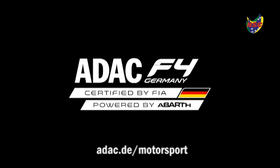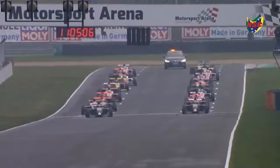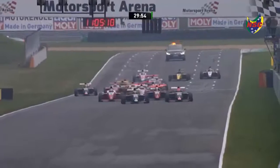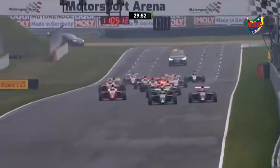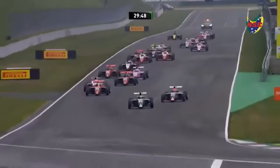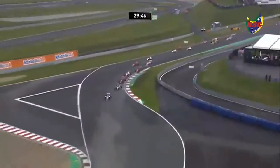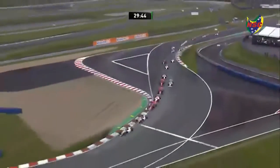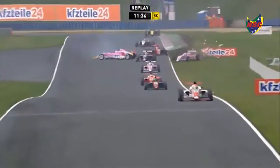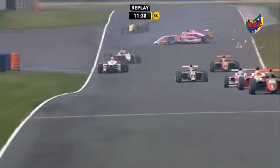The truly excellent ADAC Formula 4 single-seater series for junior talent making their way in motor racing has 3 races here at Oschersleben, and Lirim Zendelli, returnee to the championship, doing a very good job in qualifying and also hoping to do a good job in the race as well. They have a phenomenal season in front of them, where they will have 2 races in support of the German GP as well. There's always plenty of action to entertain the very big crowd here at Oschersleben, and around goes